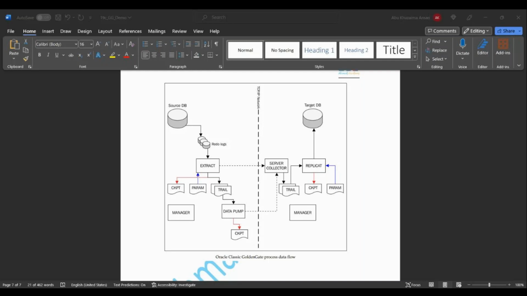Okay, and which databases are supported by classical architecture and which databases are supported by microservices architecture, so that we